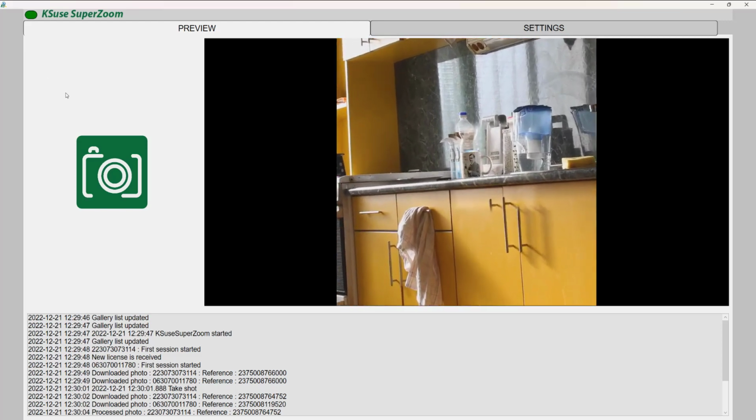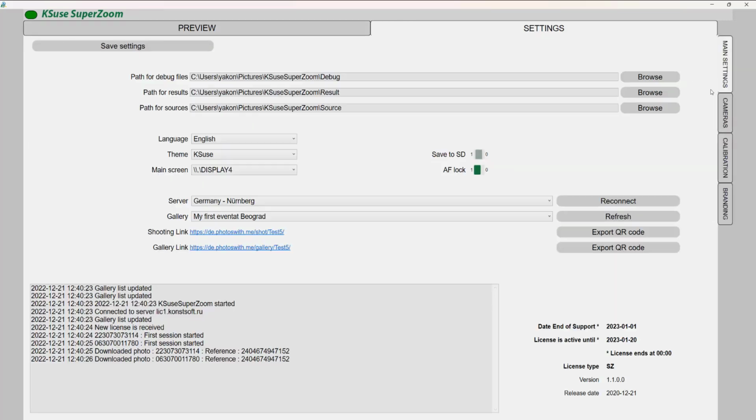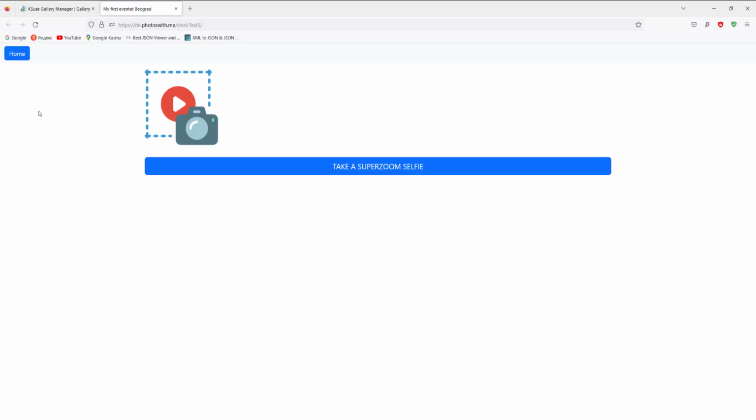Now let's see what the shooting process looks like from the guest's point of view. We see a link to shoot. Click to take a photo.